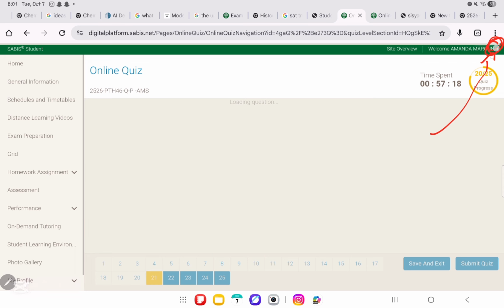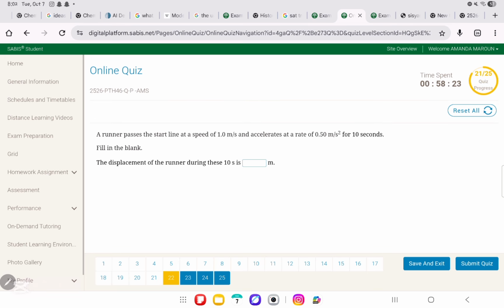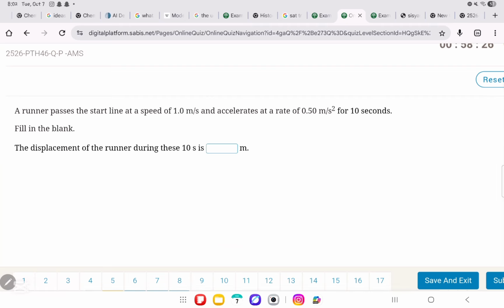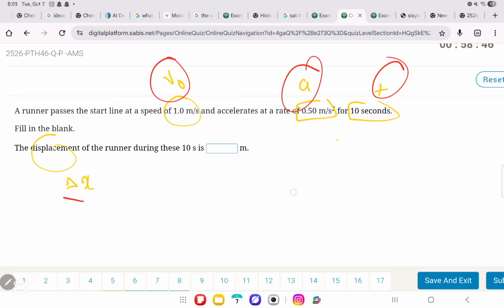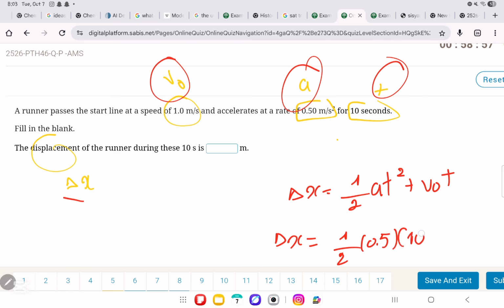Okay, perfect. Question number 22. A runner passes the start line at a speed of 1 meter per second, so this is v initial, and accelerates at a rate of this, so this is acceleration. For how many seconds? For 10 seconds. They need the displacement, meaning delta x, for the runner during these 10 seconds. So again, what's the equation for the displacement if we have initial velocity, acceleration, and time? It's delta x equals 1 over 2 a t squared plus v initial t. So delta x is 1 over 2 times 0.5 times 10 squared plus v initial, which is 1 times 10. You just put it all on your calculator and you will get the answer to be 35